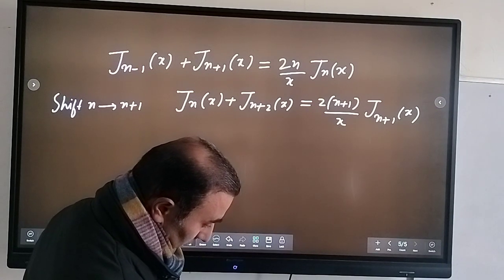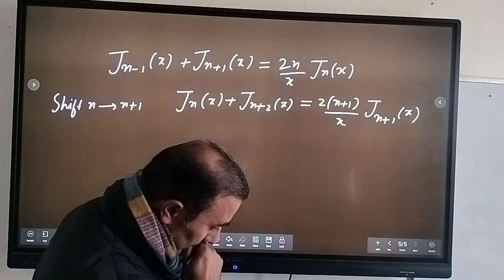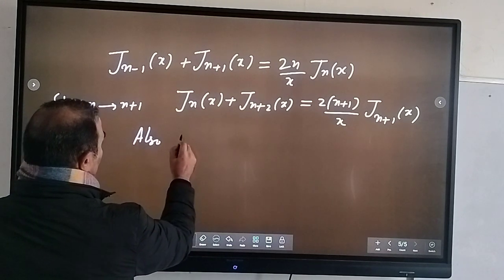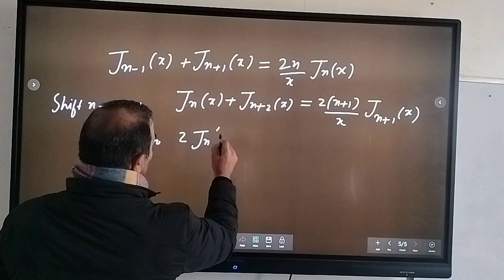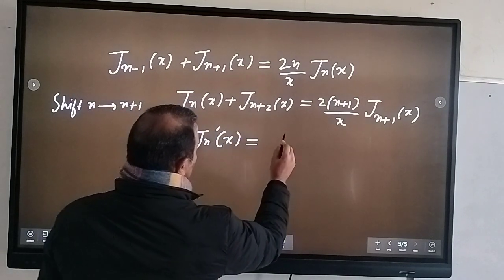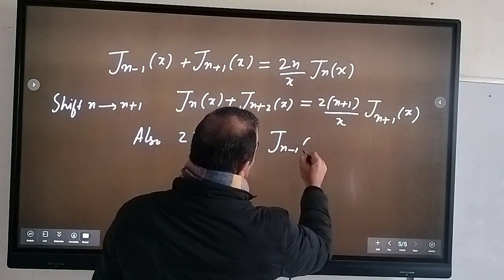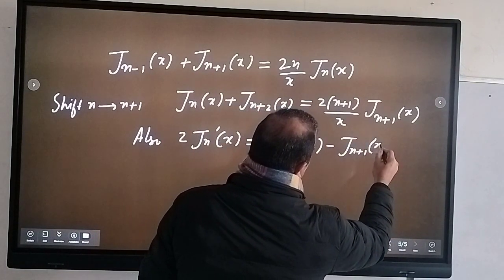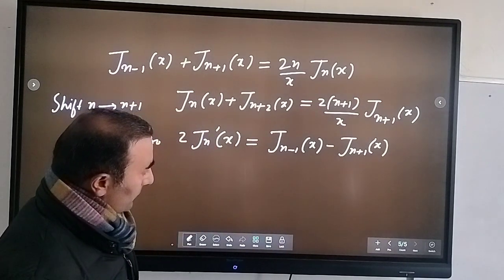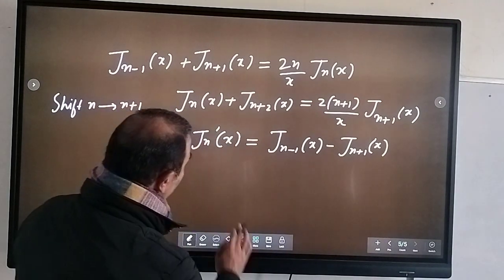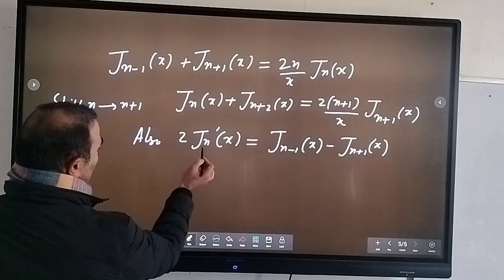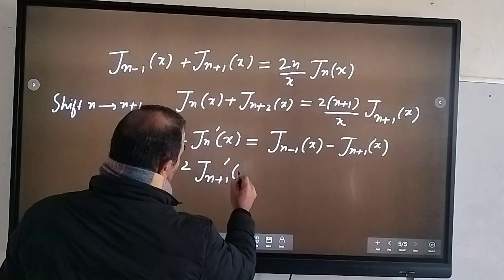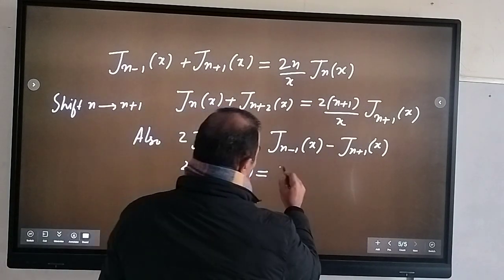One more relation that we also have is twice J dash of x, that is J of n minus 1 of x. This is another Bessel recurrence relation. If you again shift that n to n plus 1, this will be twice J dash of x will be equal to